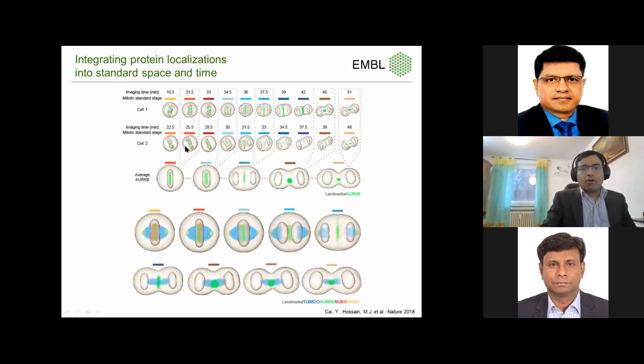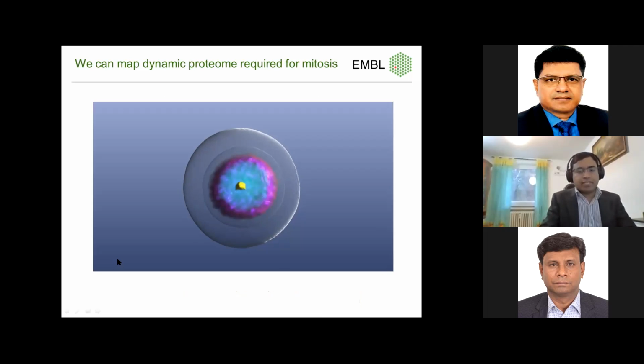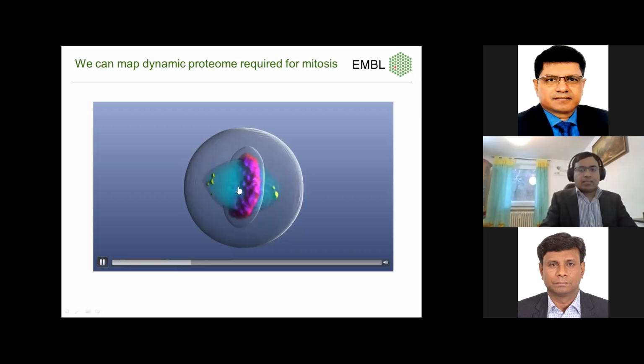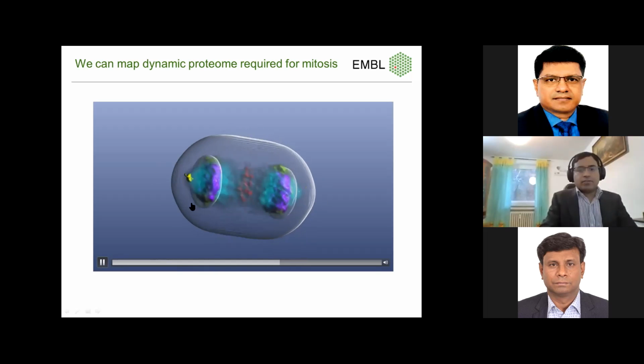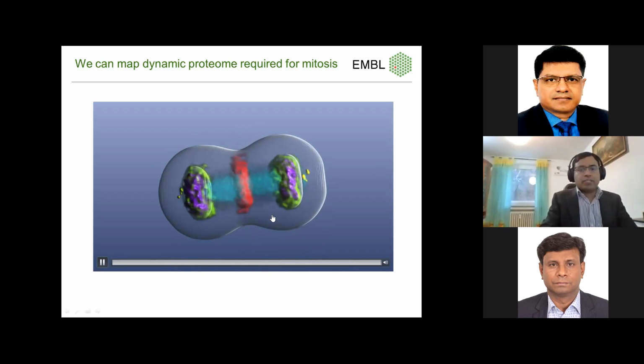So by doing that, we can also integrate all the proteins into the model. This is the average model, and these two cells belong to the same stage. So you can register and align and get protein distribution. They are generated from multiple cells. And in the same process, we can integrate different proteins into the same cell. Our target is around 600 proteins, although visualization would be very difficult. This is just a snapshot of the model, where you can integrate many different proteins together, both spatially and